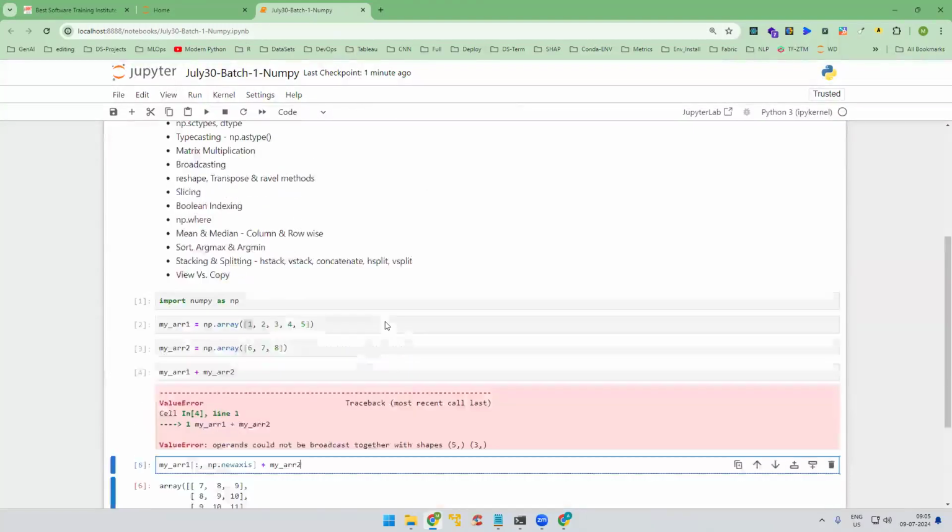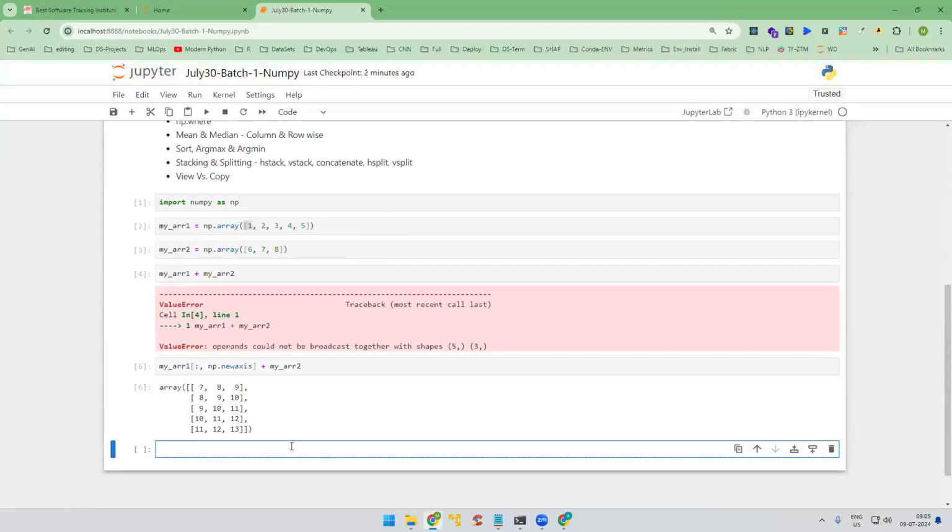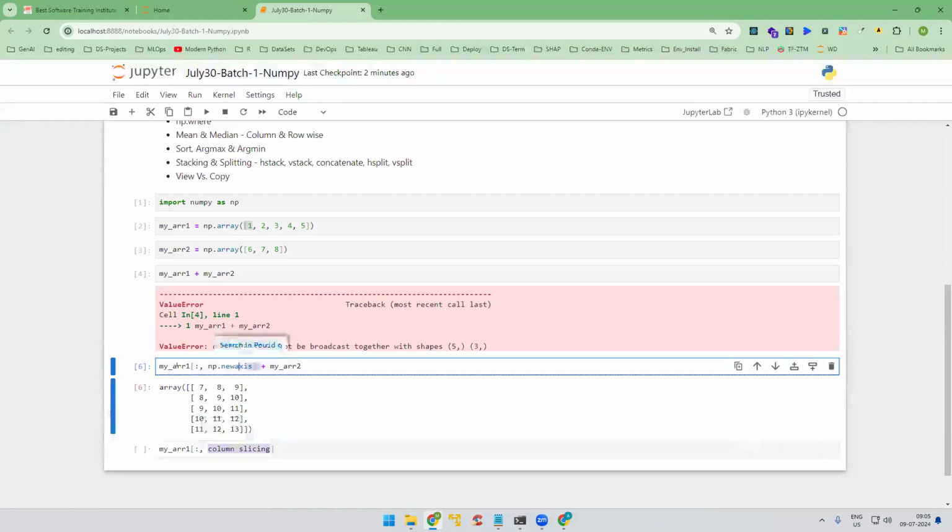Sir, could you please explain one more time? It's not clear to me. Yeah, so the thing is that with an array, usually this colon means, like, when we have an array, there's something called row slicing and column slicing. So rows means if I need all the rows, then I'm going to use colon. If I want to introduce a new axis, new dimension, here what happens is, because of this,